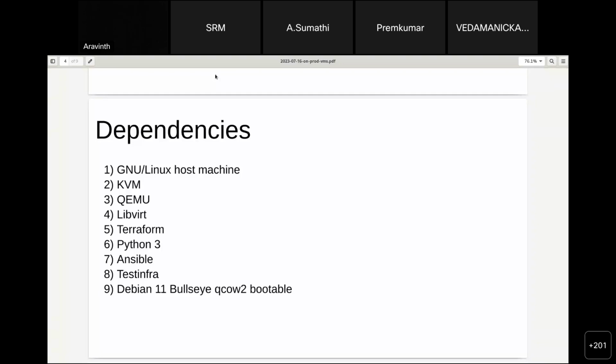And the next three dependencies are Python based, so we will need Python 3 for it. Ansible is a tool that we'll be using to download and install programs, and Testinfra is the testing library that we'll be using to write tests and verify our configuration. Now, we will be using Debian 11 based